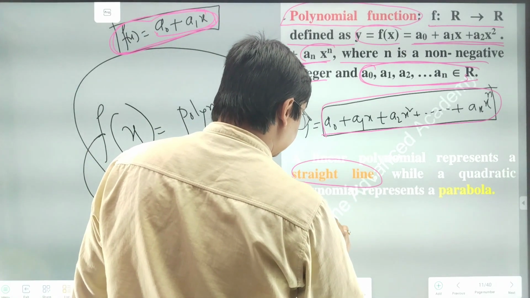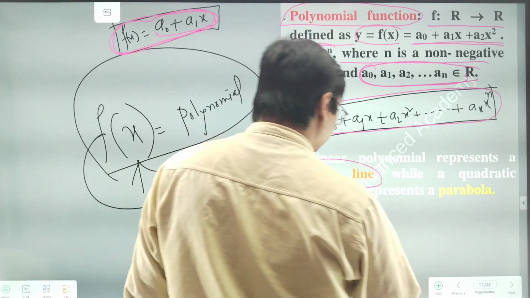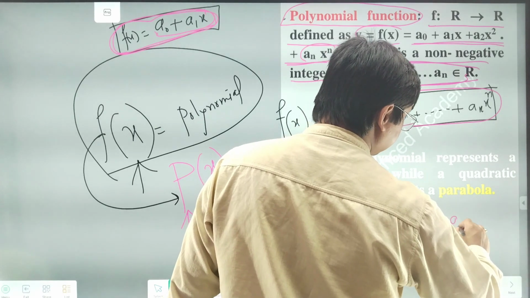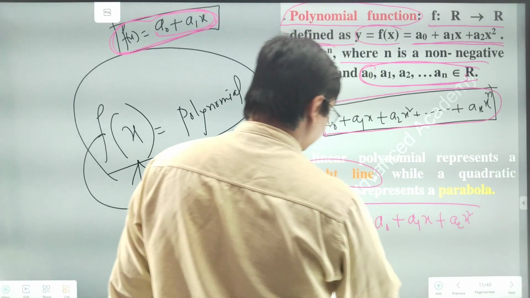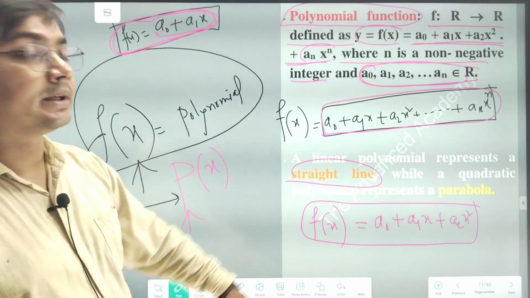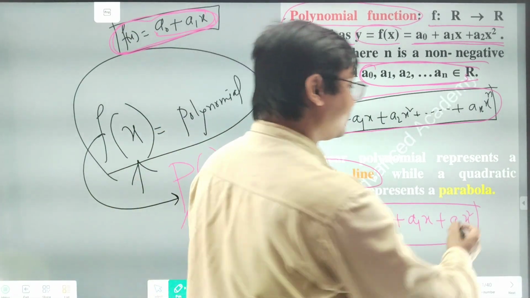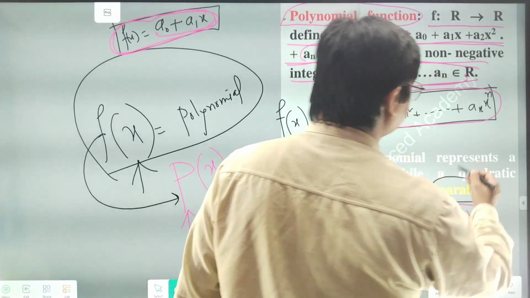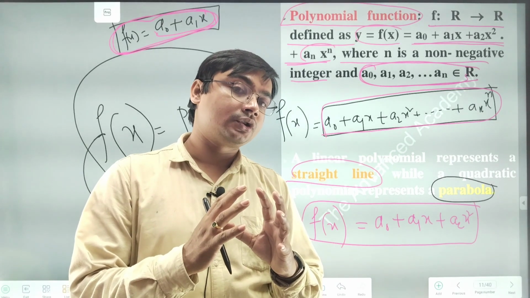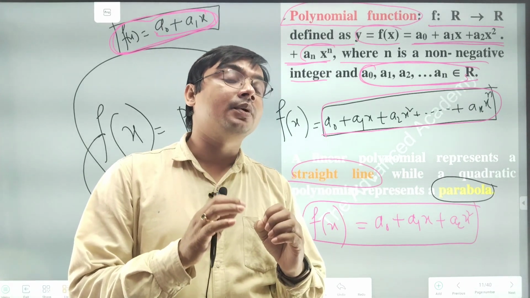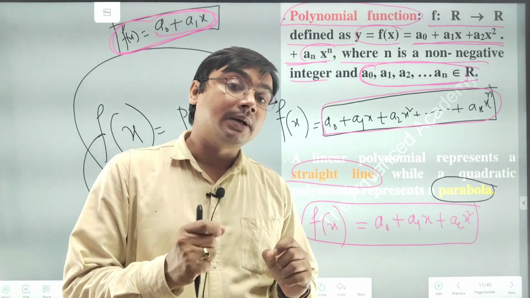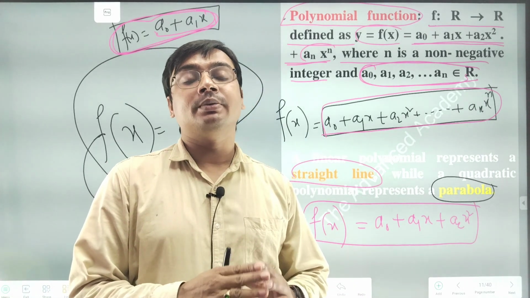quadratic polynomial, that means this type of function which provides quadratic polynomial. a2x². So this is a quadratic polynomial. Then this quadratic polynomial will represent a parabola. So you have to remember this thing. So any linear function or linear polynomial function always gives a straight line, but in case of quadratic polynomial